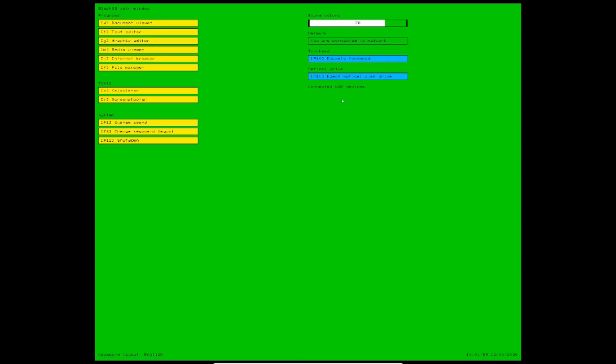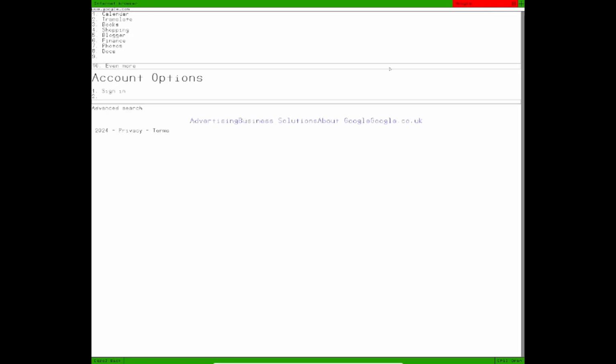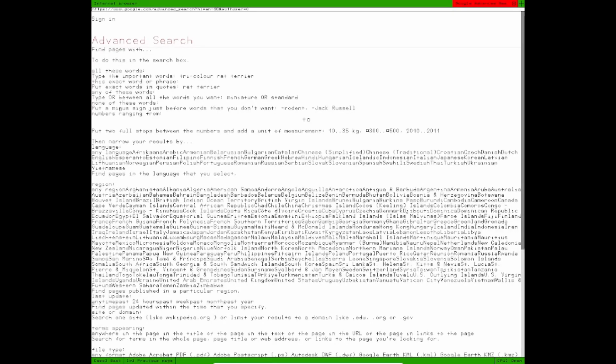So the first program I will try out is going to be Internet Browser. Let's click onto Internet Browser, and then from here we can click onto this Add button to add a new tab, and now we can put down www.google.com as an example, and it should take us to Google. I will click onto this over here, and I assume we can start typing anything there, or okay, advanced search. We can sign in if we wanted to, but as you can see,